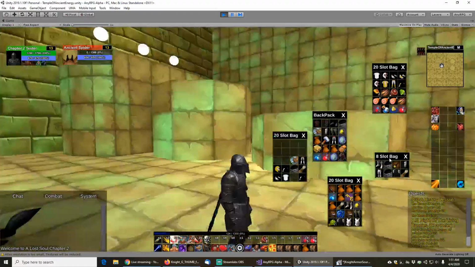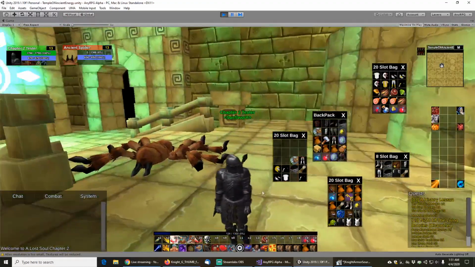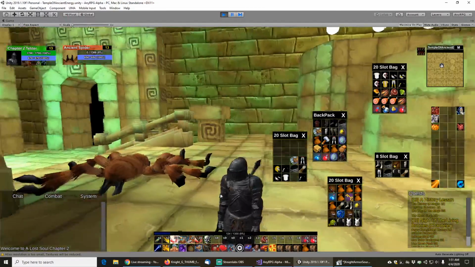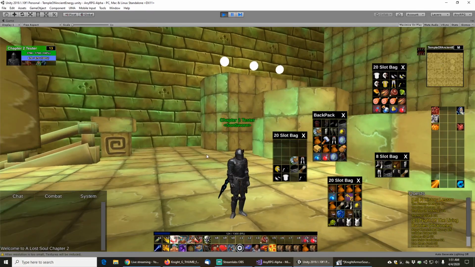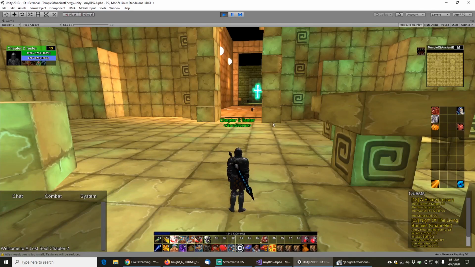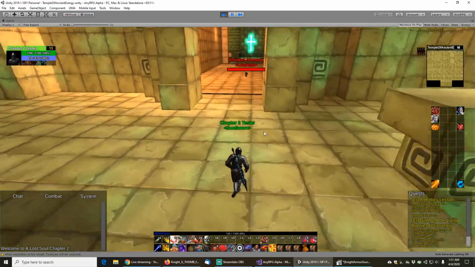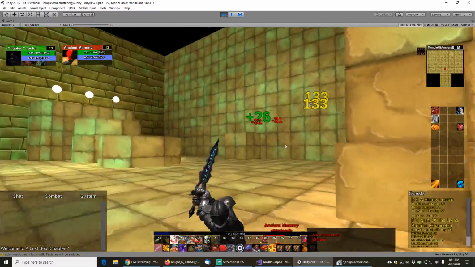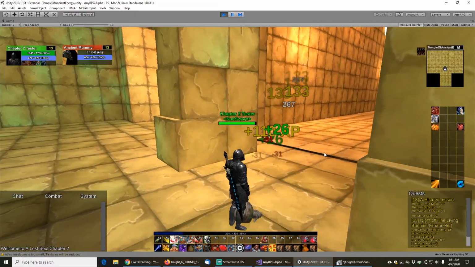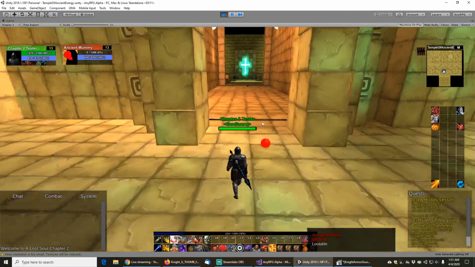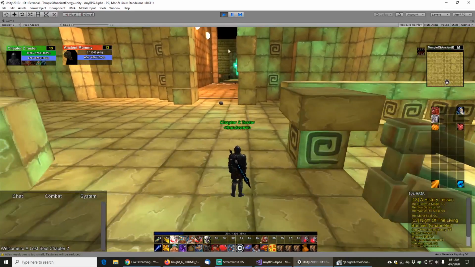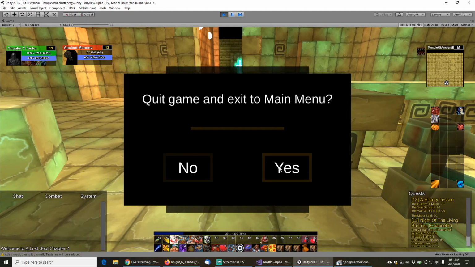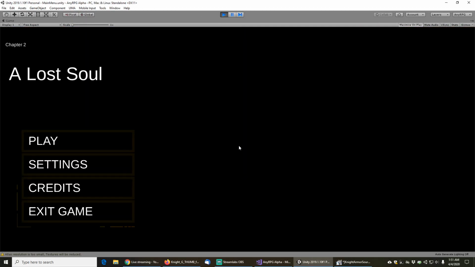And there we go. We have ourselves a fully armored knight. Looking very much like a fully armored knight. And everything is working. Awesome. So that is UMA armor added from